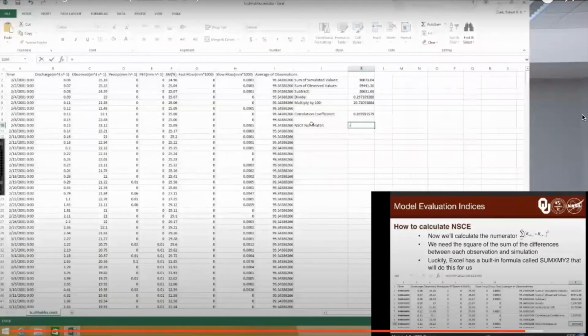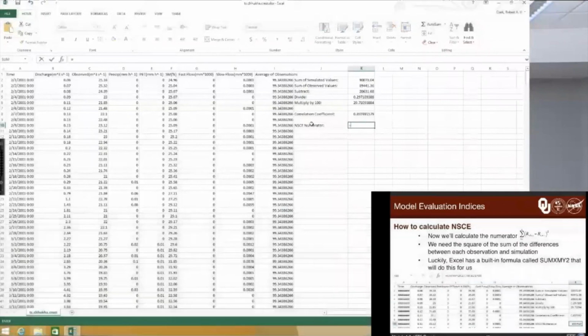To get the square of the sum of the differences between each observation and each simulation. That may sound